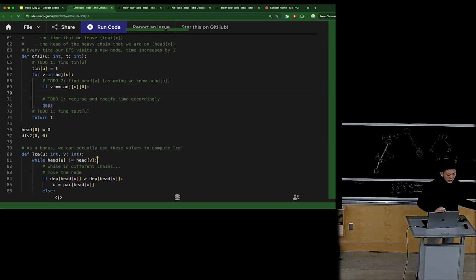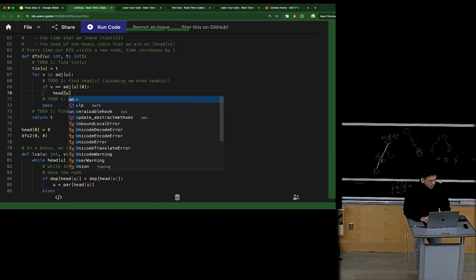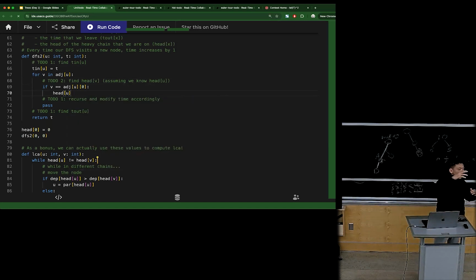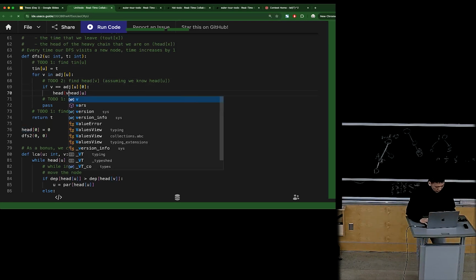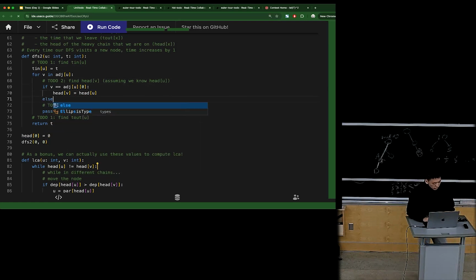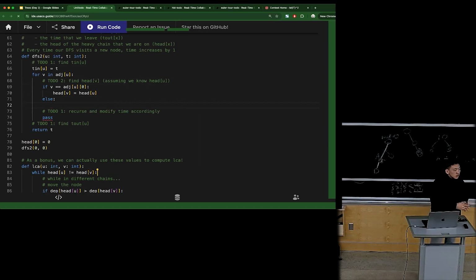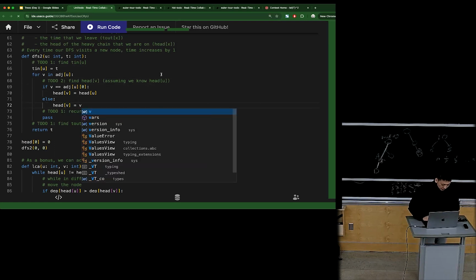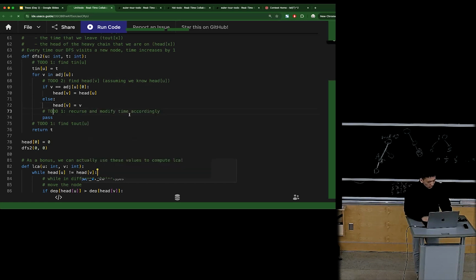If v is the first child, then the head must be a lot farther along the path. In fact, the head must be the same as the head for our current node, right? Because the head for our current node is the head of this chain, and as we extend this chain downwards to v, the head of v must be equal to the head of u because they're on the same chain. But if this is not true, then we're essentially starting a new chain starting with v. So we want to set the head of v to just be equal to v. Okay, so now that we figured out what the heads are,